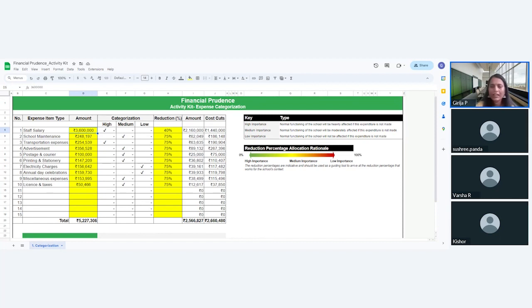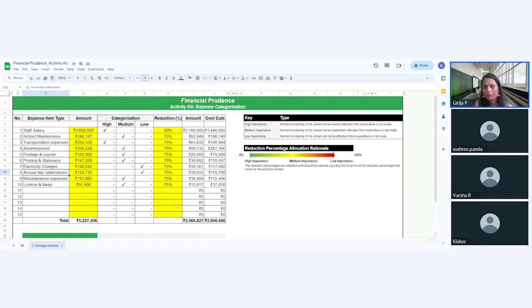And low importance is something where it doesn't matter if you're paying money or spending on it, it won't impact your school functioning. For example, annual celebration day comes under low importance. If you're not spending on that, it wouldn't impact your school functioning. And